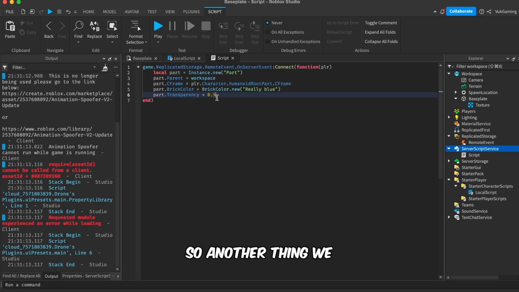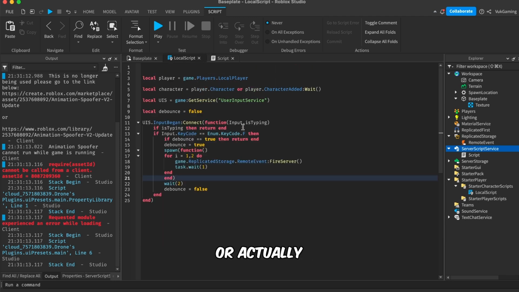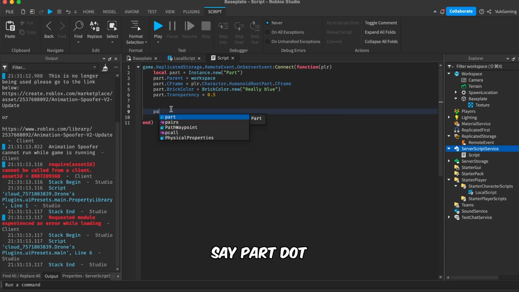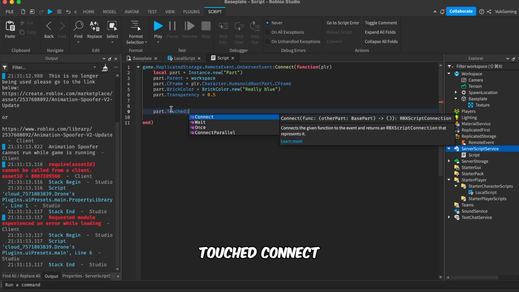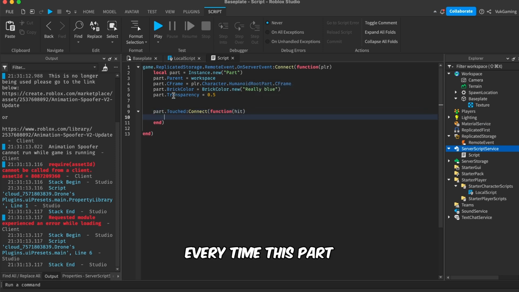Another thing we can do is hitboxes, right? So we can delete this, or actually let's leave it like this. What we can do is reference this part, and we can say part.Touched:Connect(function hit). So this will run the function hit every time this part touches something, right? To make it so it doesn't run all the time and destroy our server, what we can do is